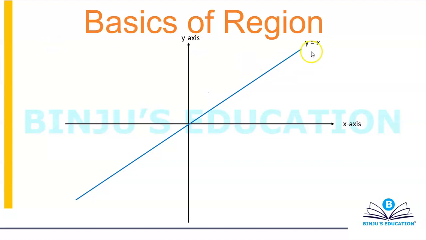My question is, on this line y is equal to x, suppose I pick a point anywhere above this line. Let's say this point has some coordinates p comma q. This point can be in the first quadrant, the second quadrant, or the third quadrant, but one thing is the same for all the points you pick: all of these points lie above the line y is equal to x.